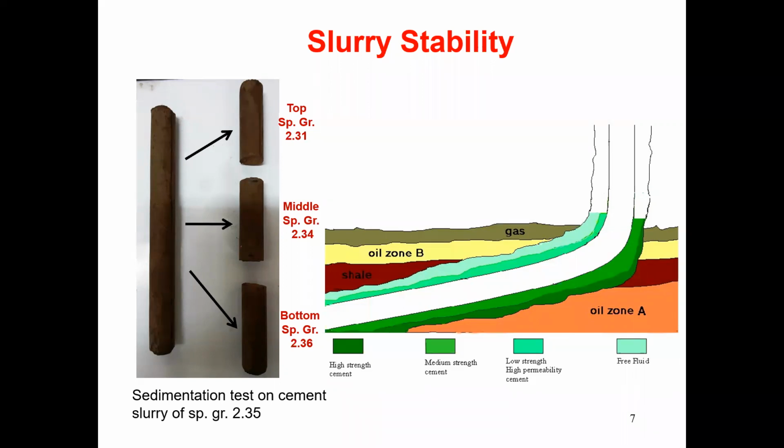So we need to maintain the specific gravity. For that, we add hematite or some other micromax, or ilmenite, or silica flour is also added. So all these are heavy materials, and these heavy materials tend to settle when the yield point, the suspending capacity of the mud, goes down. And the gels also are very important, gel 0 and gel 10, when it becomes static, so it should not settle.